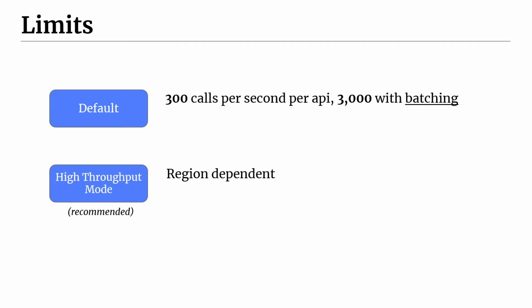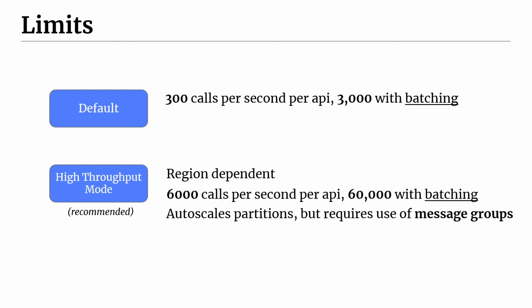In the most popular regions, which are US East 1, US West 2, and EU West 1, I believe, you'll get the numbers that I'm about to show you, but it's slightly smaller in some of the other less popular regions. For those regions, you can get up to 6,000 calls per second per API, or 60,000 with batching. The way that it achieves this is that it auto scales your partitions,